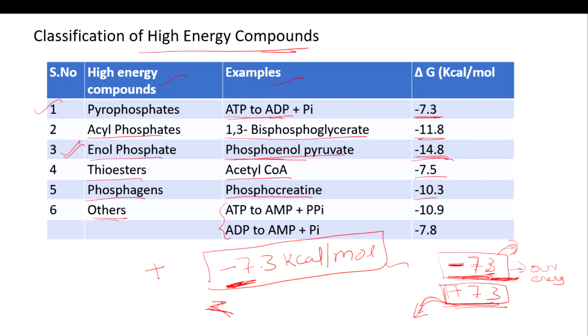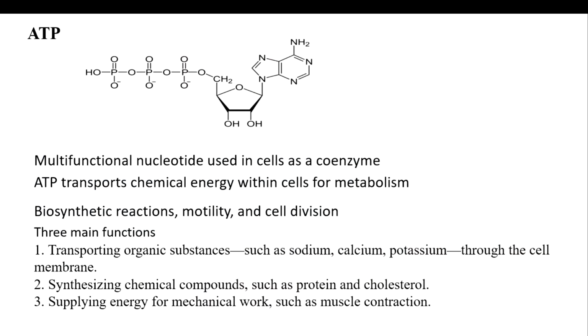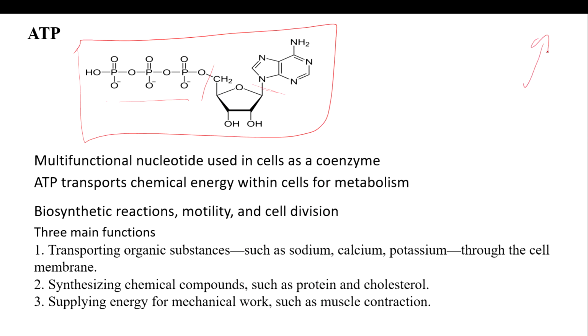And the next one is ATP. In our syllabus, the next topic is the biological significance of ATP. I have already explained how ATP is formed: adenine and a 5 carbon ring combine to form adenosine, and with these 3 molecules of phosphate, we call it adenosine triphosphate. You can check it here in the cards and go through how the whole ATP was formed.